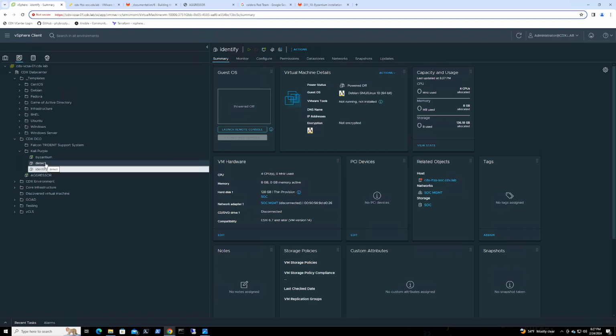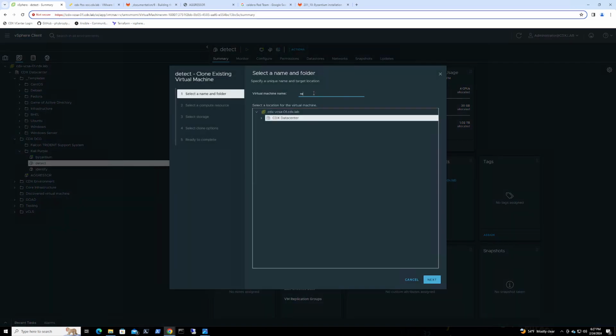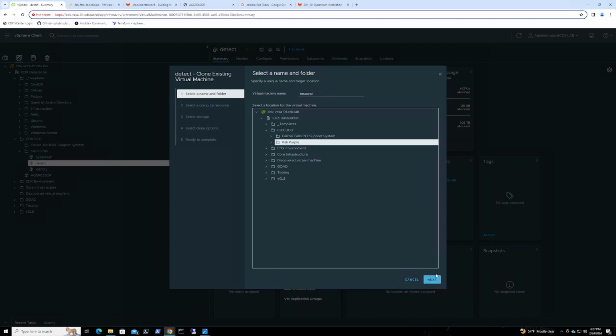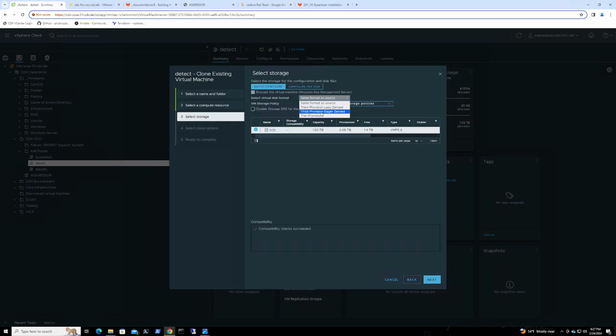Okay, so far we have Detect at 4 CPUs, 20 gigs of memory, a 1 terabyte thin provision disk. Identify, 4 CPUs, 8 gigs of memory, 128 gig of drive space. And now we can go ahead and clone either one of these. Clone virtual machine. This is Respond. Same location, same server, same data store,